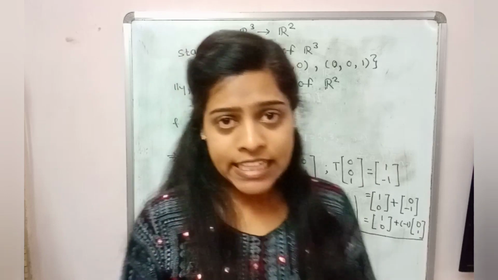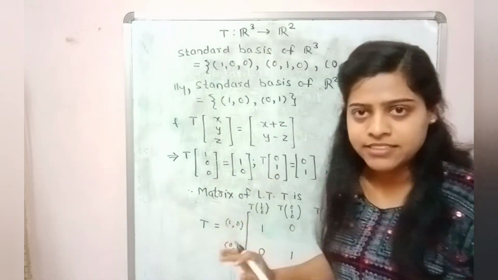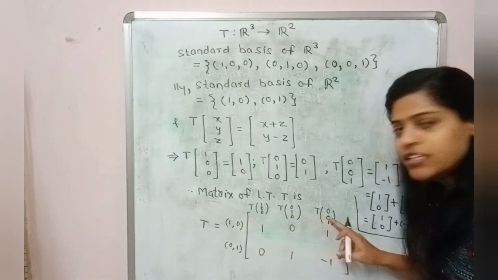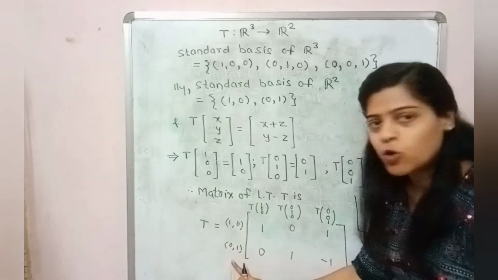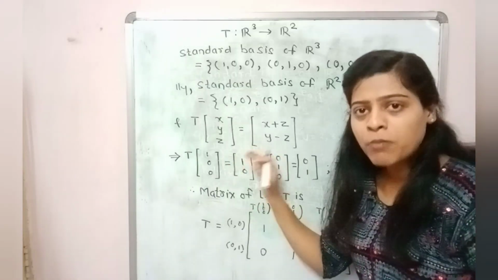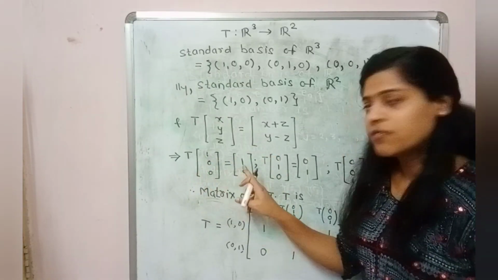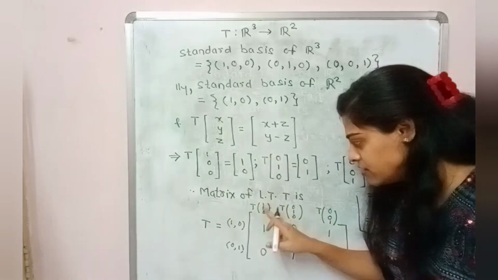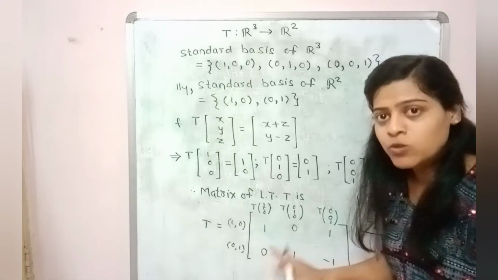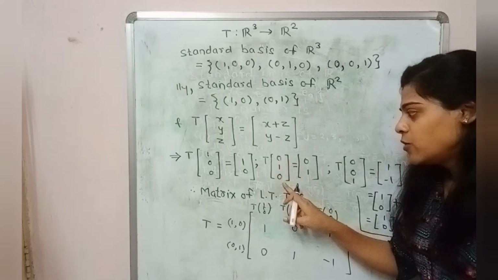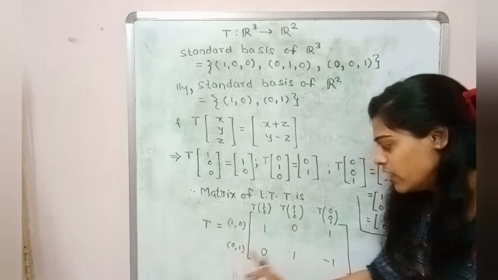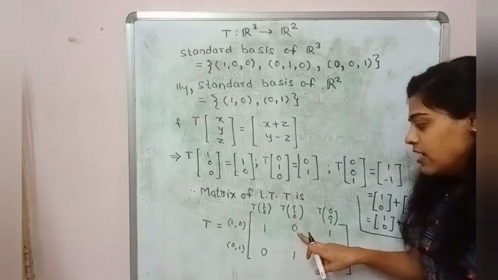Now with the help of these conditions we are going to solve this matrix. That is the matrix of linear transformation T. Here these elements are from the domain and these elements are from the codomain. That is the standard basis of the codomain and the standard basis of the domain. So from the above condition, T of 1, 0, 0 is equal to 1, 0. That is T of 1, 0, 0 with respect to 1, 0 we have value 1 and the remaining place must be 0. Similarly consider T of 0, 1, 0 is equal to 0, 1. That is T of 0, 1, 0 with respect to 0, 1, its value is 1 and the remaining place must be 0.